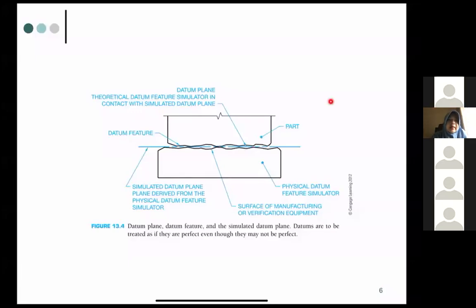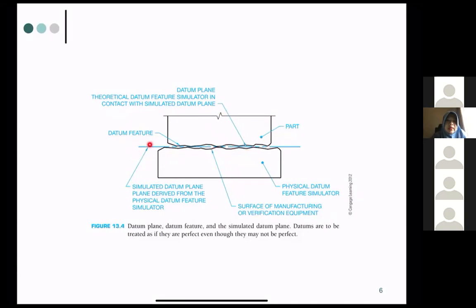Okay, so this is a datum. For example, this is a real part, and the worker does the machining. When doing the machining, there is a datum feature and then the part. This line is actually the simulated datum. However, this one is the surface of manufacturing and certification equipment, and this one is the datum plane and vertical